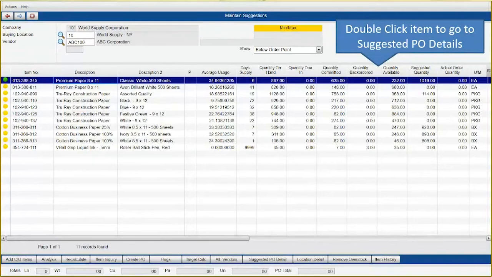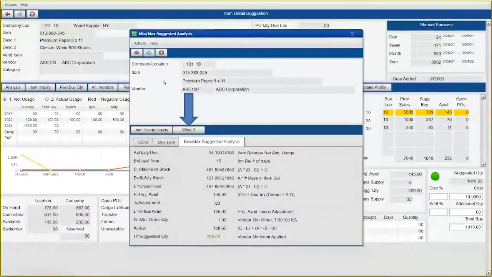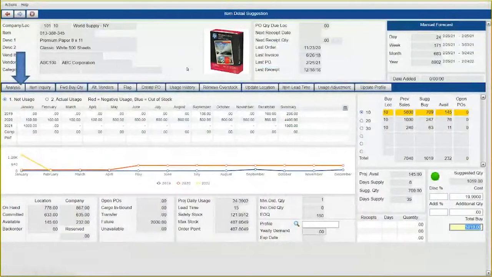Okay. And what a buyer would do here is double click and drill into what we call the suggested PO detail screen. All right. And this is available in 6.2, the new suggested PO detail screen. So let me show you that. So you would double click it. Oops, I forgot I'm in a PowerPoint here. And that would take you into the suggested PO detail screen, which shows you all of the different data points